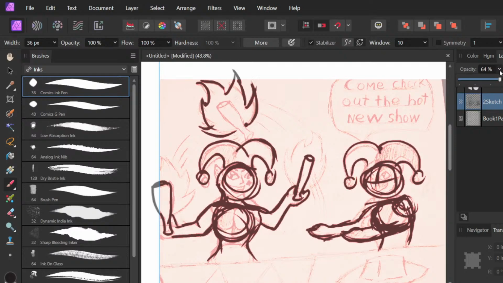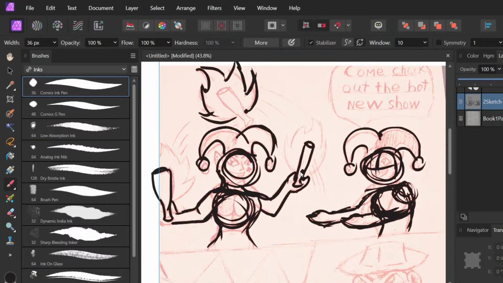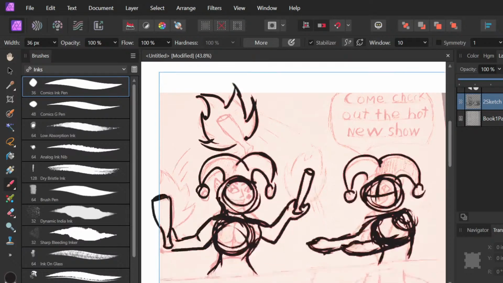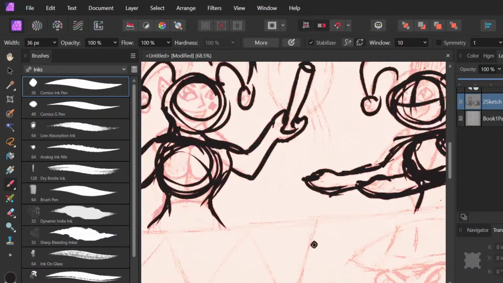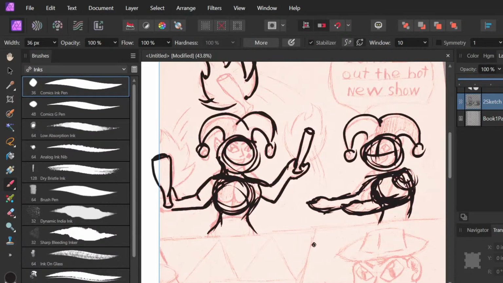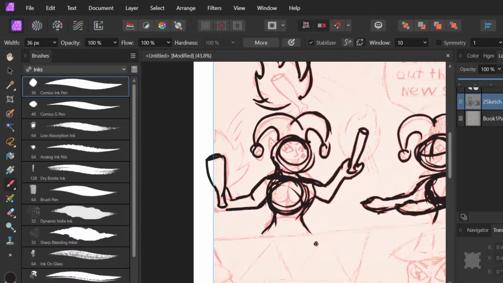Opacity is only at 64%. Let's turn that up, just so we can get a better view of our thing. Shift, there we go. Got shift scroll, and then I can